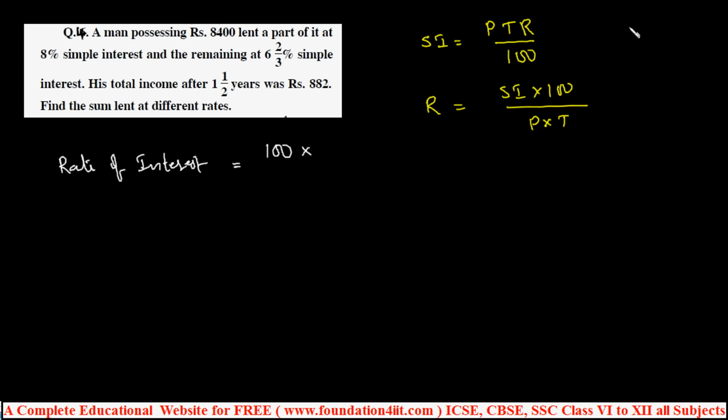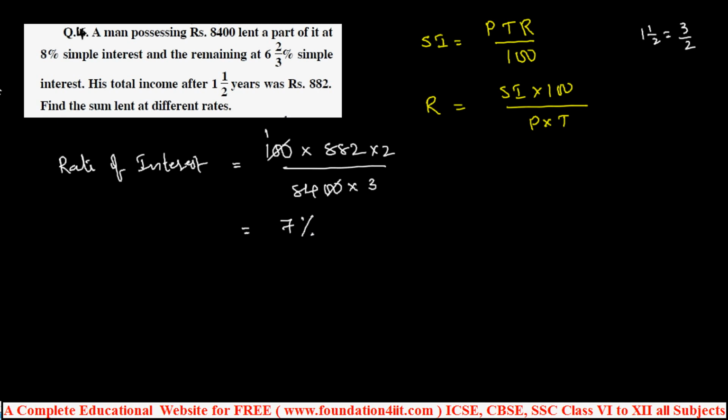So the time is 1.5 years, so 1 by 2 plus 1, that is 3 by 2. Time is 3 by 2, so you can take the reciprocal, 2 by 3. The simple interest is 882 by, and 8,400 is the principal, and time is 3 by 2, so 3 divided by 2. I am taking the 2 directly on top. Now we can calculate this. By cancelling 100, two zeros, 882 into 2 by 84 into 3. So 7%. Calculation done. The rate of interest is 7%.